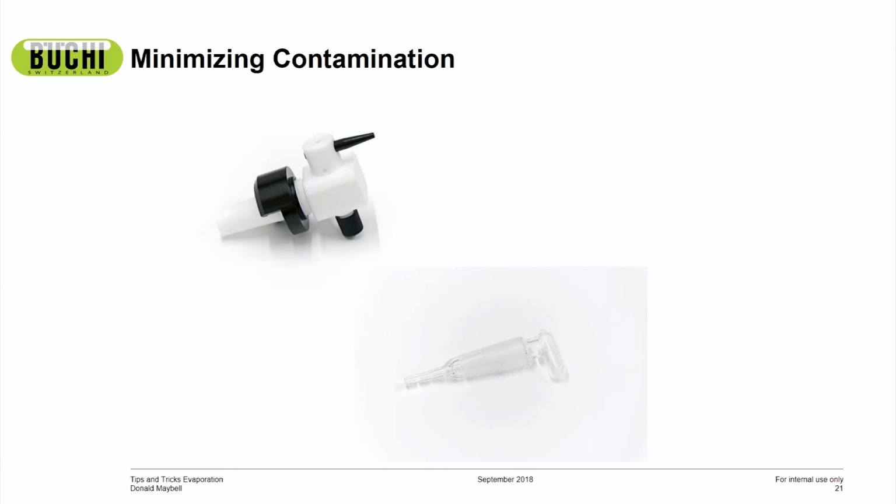And that happens by having a tube into your sample. You open this up to your sample and the vacuum actually draws it in. Well, you have to grease that glass joint so that you can get it to turn. So as your sample is coming into the system, it's actually coming in contact with that grease. So one way to reduce the amount of contamination is using the PTFE stopcock that I have listed here at